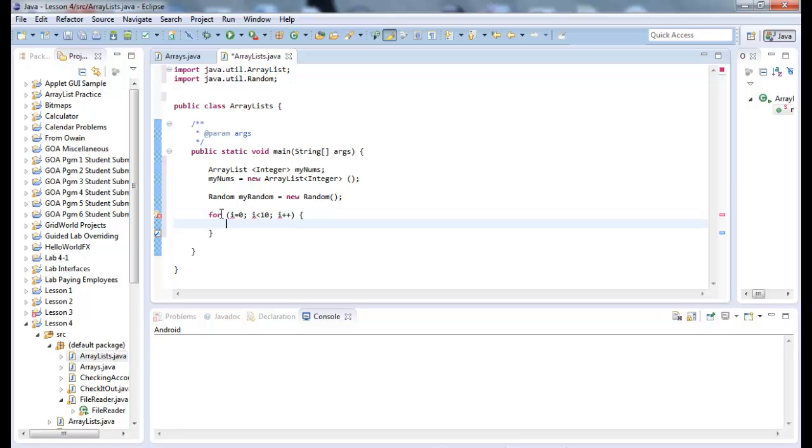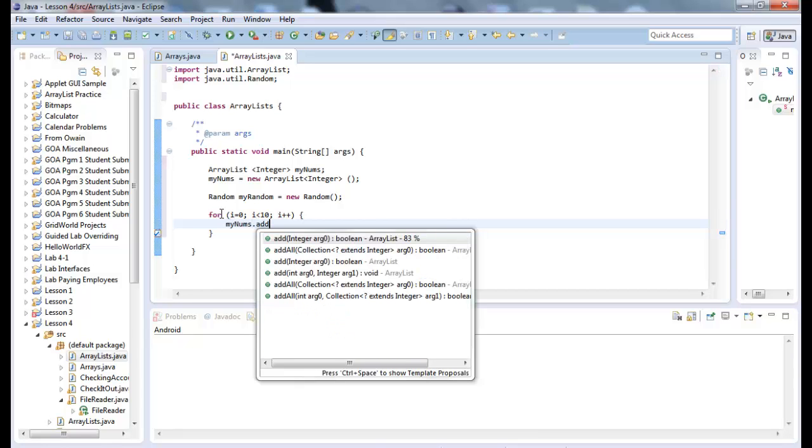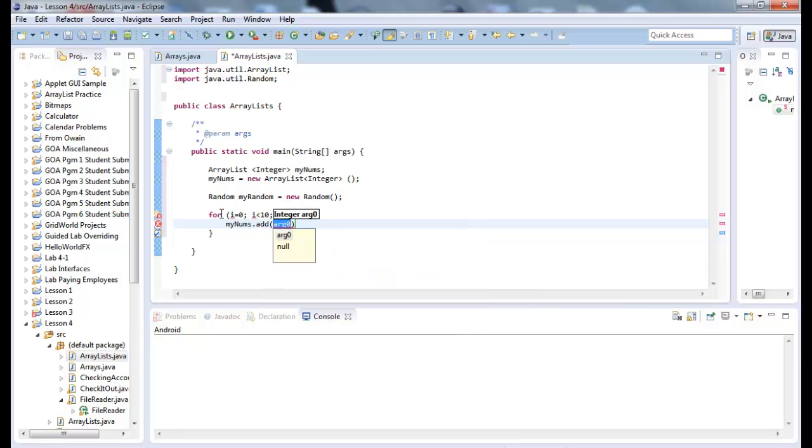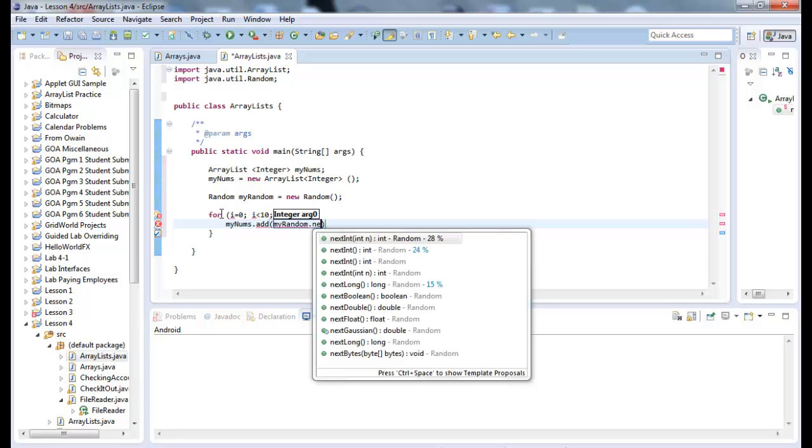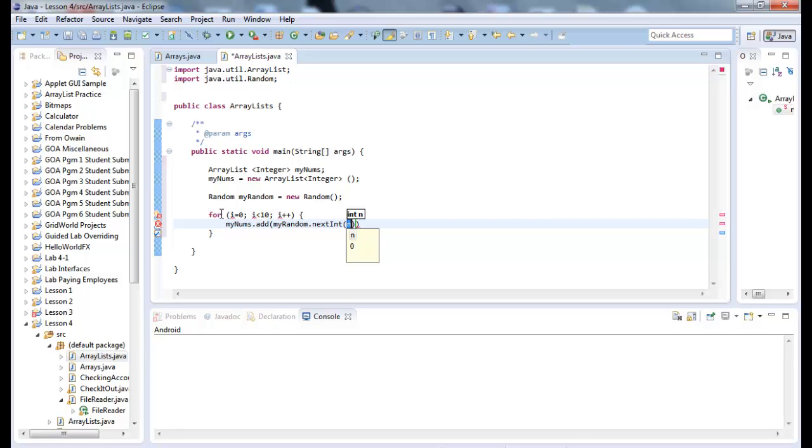Go through a loop that says my nums dot add. I have to give it an integer. What integer am I going to give it? Well, I could give it the integer i, or i squared, or I could print something out on the console and have you enter what number you want, but I'm just going to give it a random number. My random dot next int, numbers from, oh, say 0 to 99. Okay, I have now added